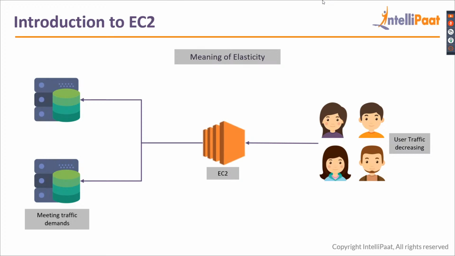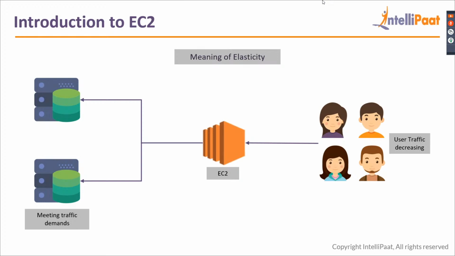If you're using EC2, it is very cost optimized for you because you only pay for the services you are using right now. For example, if you're using 2 servers for 1 hour, you'll only pay for those 2 servers. And in the next hour, there are 10 servers running because EC2 detected a spike in traffic. There are 10 servers running for 1 hour, so you'll be charged for those 10 servers just for that 1 hour. And once the traffic decreases and the number of servers decreases, you will not be charged for the 10 servers. You'll be charged only for the number of servers currently running. So that is the biggest advantage.